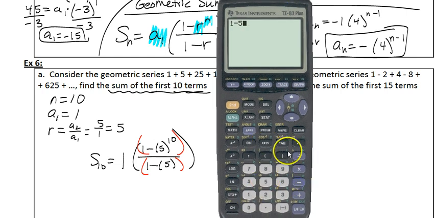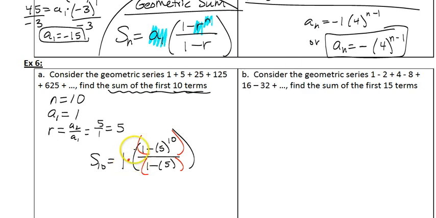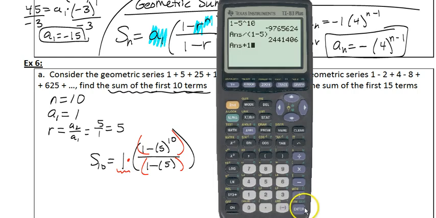I usually type in the top. So there it is. There's the top, 1 minus 5 to the 10th power. I usually then hit enter. And then I divide by, and then I put the bottom in parentheses. And then I would times by the number out front. So in this situation it's a 1, so it doesn't really do anything, but I usually times by this number out front at the very end. And so I end up with an answer of